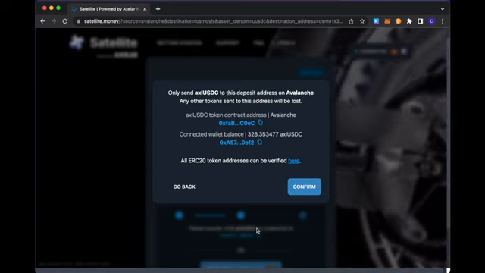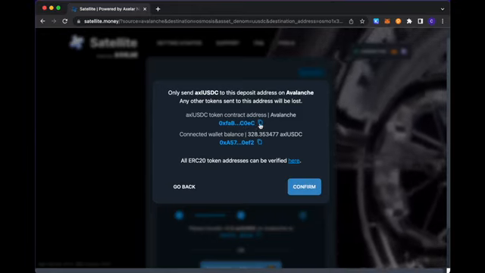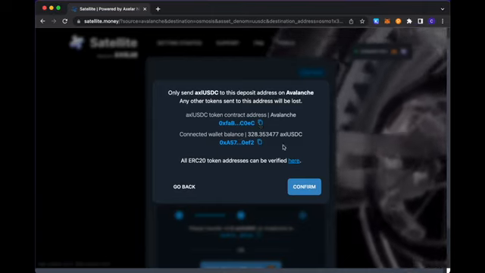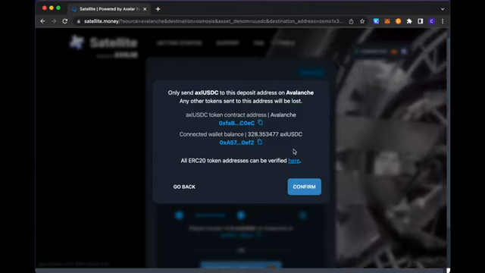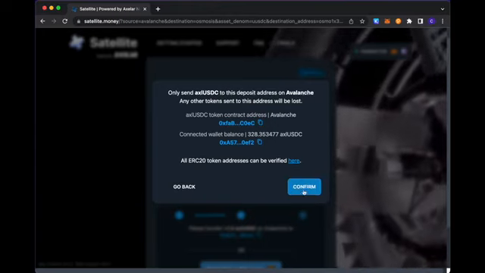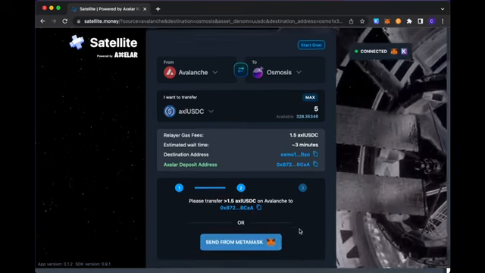You see here, after I clicked Get Deposit Address, there's this little warning label that popped up that makes sure that you're sending the right asset into the deposit address. So here we're saying the asset that you should send is this one with its corresponding contract address, and the balance of that in my connected wallet via MetaMask is this 328. This just gives you an assurance that you're sending the right asset into this deposit address for the transfer you are making. So I'm just going to make my confirmations, and here if we scroll down a little bit,